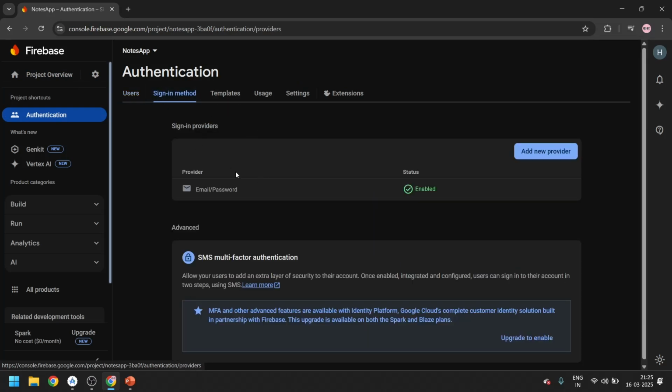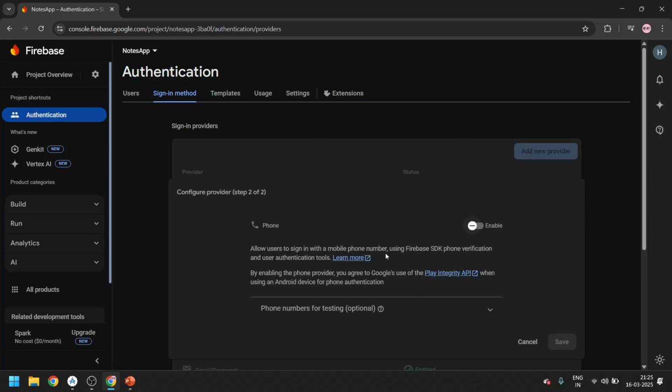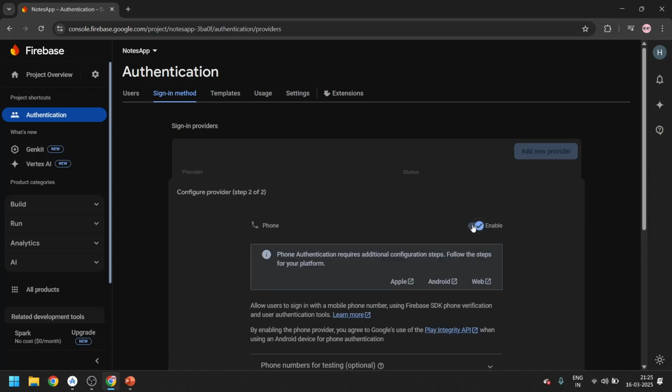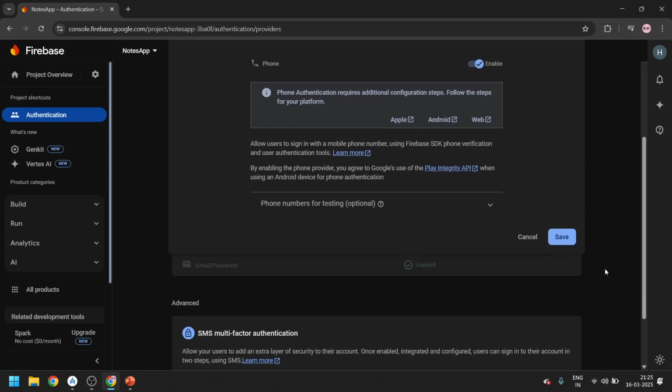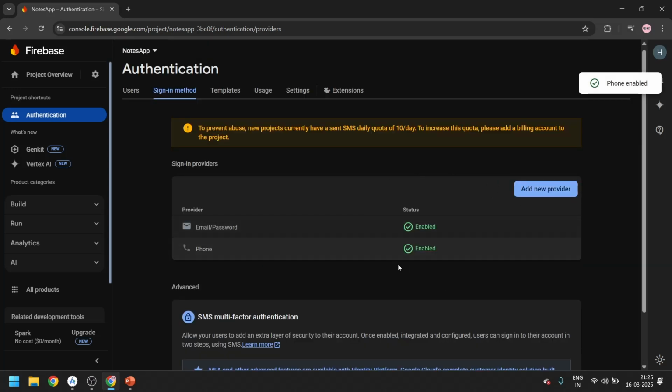In the last video, we learned how to create an account using email and password. So now we will be adding a new provider. In this, we will be using phone. Let's just enable this and scroll a bit and put save. So now the phone number is also enabled.